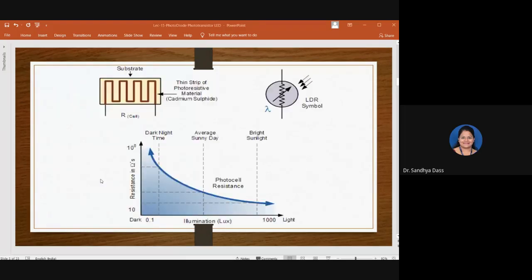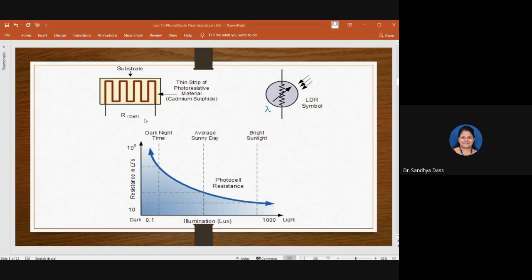So the photoconductive cell, as I mentioned, broadly, since this is most common, I just want to brief on that. A photoconductive light sensor does not produce electricity, but changes its physical properties, as I mentioned, when subjected to light. So the most common one shown here is the photoresistor, that is LDR, which changes its electrical resistance in response to changes in the light intensity.